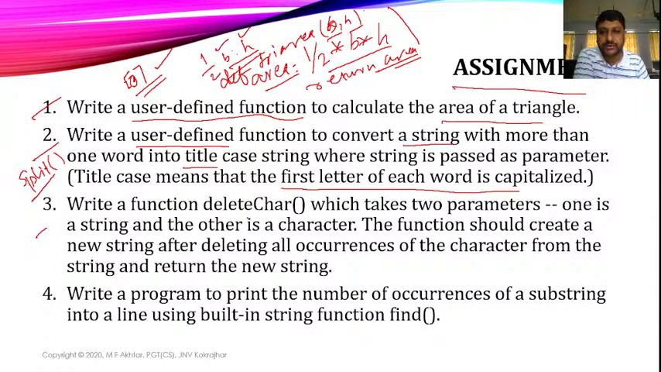So next, the third program is like that: write a function delete char which takes two parameters, one is a string and the other is a character, okay। एक डिलीट कैर एक फंक्शन बनाना है जिसमें से दो आर्गुमेंट लेना है, स्ट्रिंग और एक कैरेक्टर। The function should create a new string after deleting all the occurrences of the character from the string and return a new string, okay।